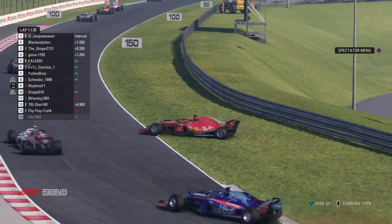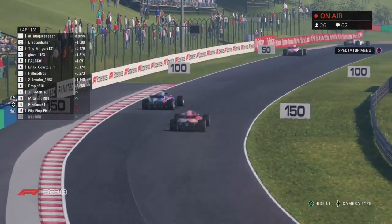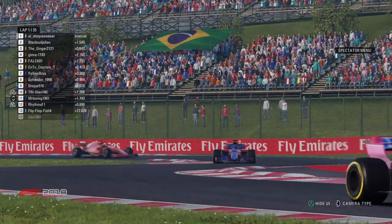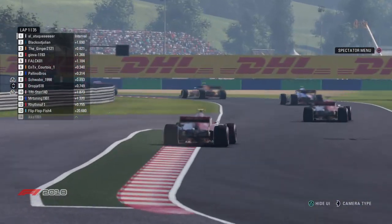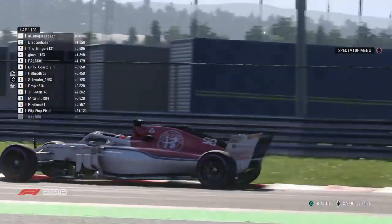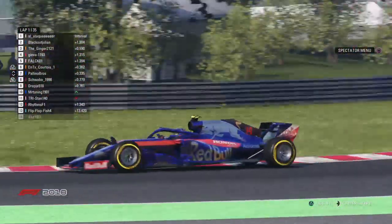has spun out with the Toro Rosso of Mr. Tuning. Unfortunate stuff for Ike and Rhythms and Mr. Tuning. A very messy lap from the start of the race, but it seems like things are starting to